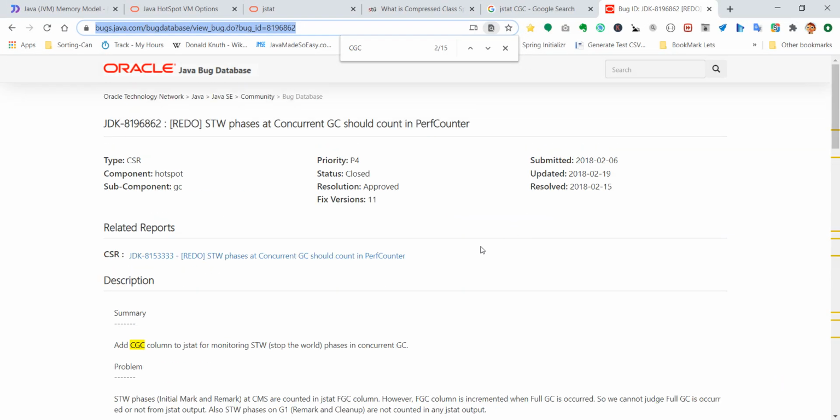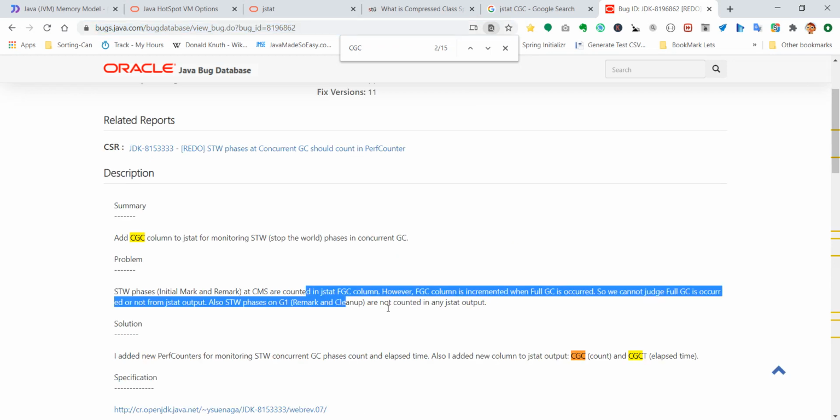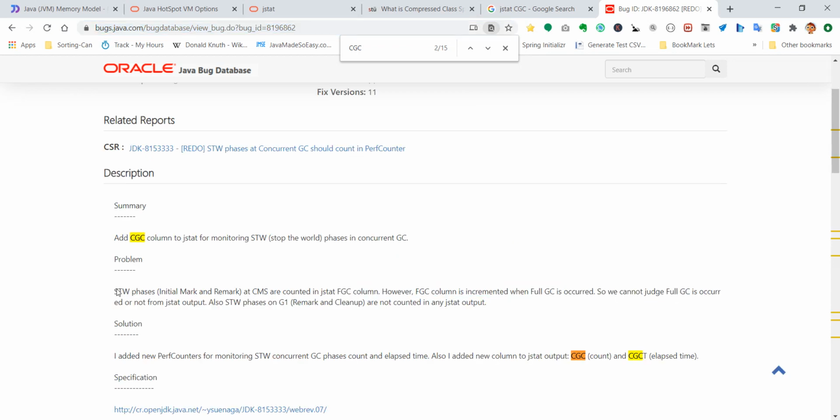There's not much detail here. This is basically what was done. So FGC is full garbage collection, that's definitely sure. STW is the stop the world phases in concurrent GC.